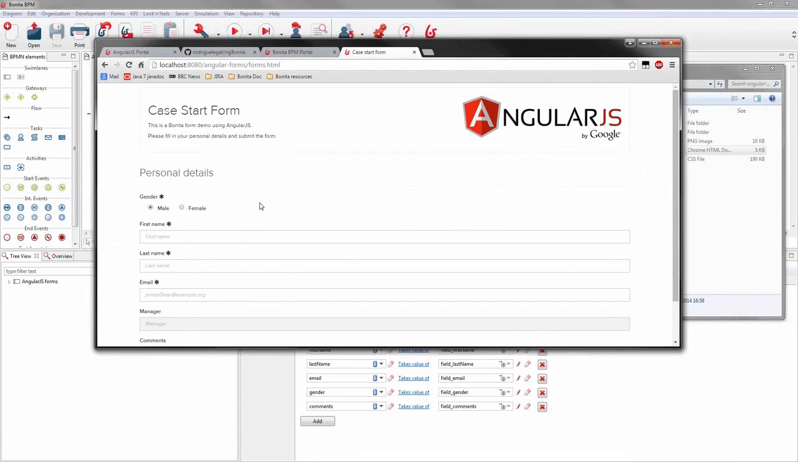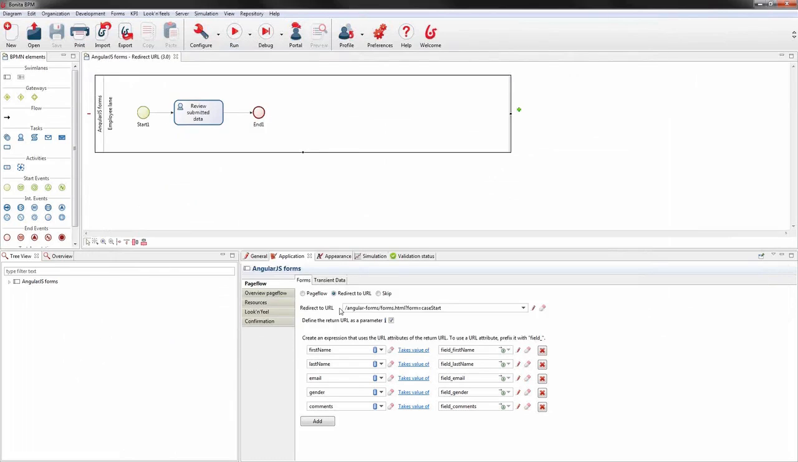This form inside the portal. So my custom application is calling this by having this redirect URL while I'm seeing the task of the case start form. I have also another thing. I am passing the return URL as a parameter. So when I'm calling this